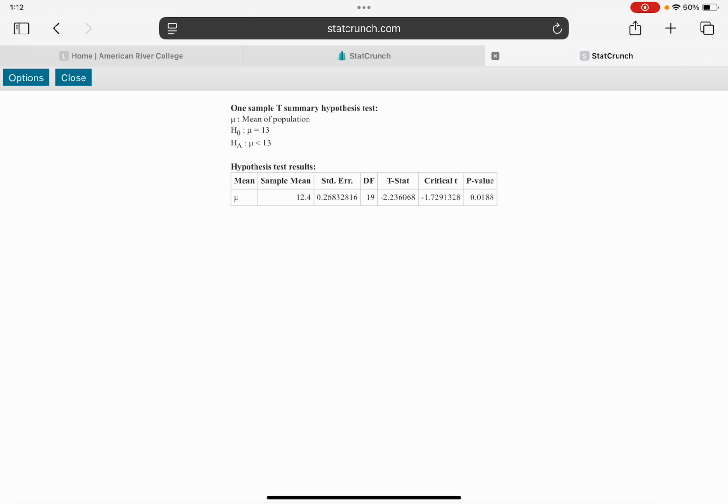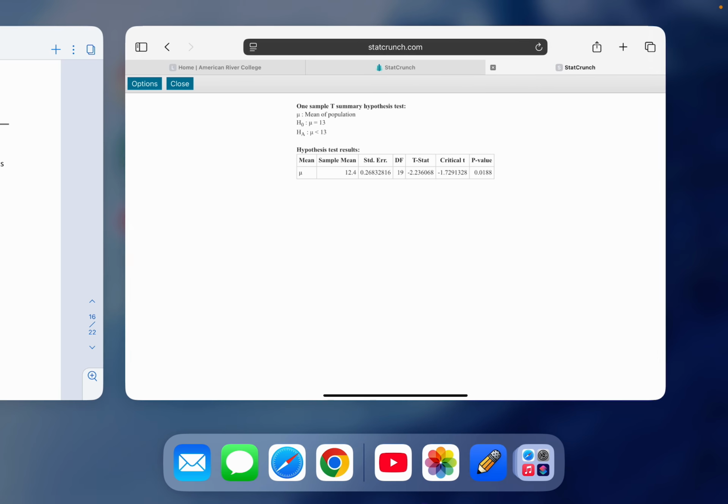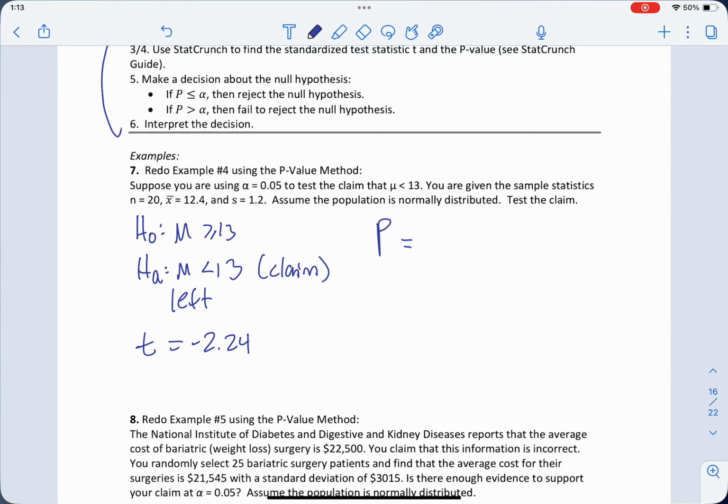And since we're doing the p-value method, we're going to use that. So really, you could do this method for p-value or critical value method. It works for both. Pretty nice. Okay, so I'm going to go back to my handout and record that